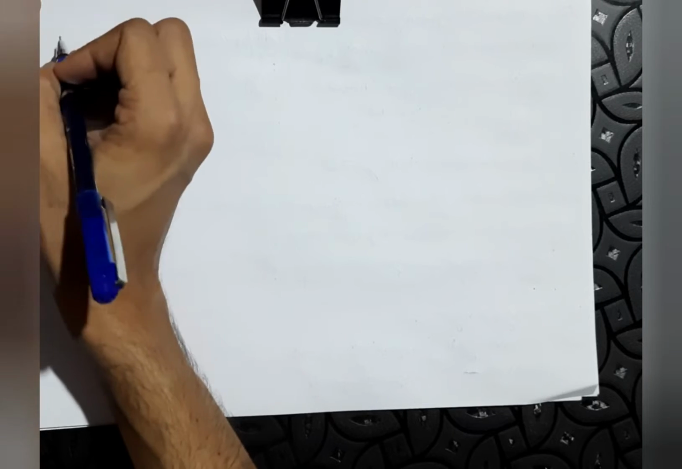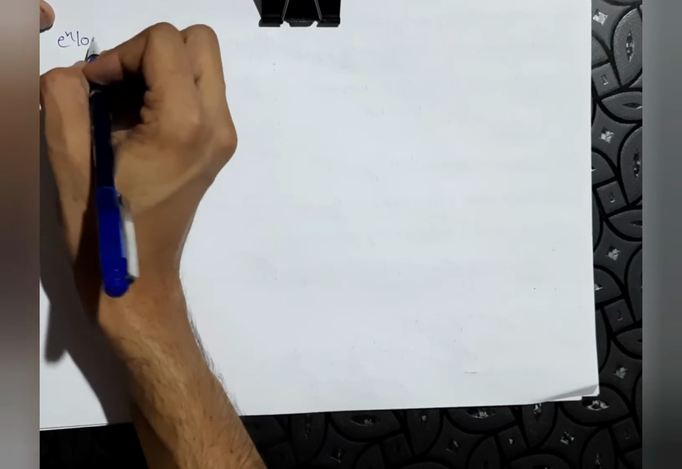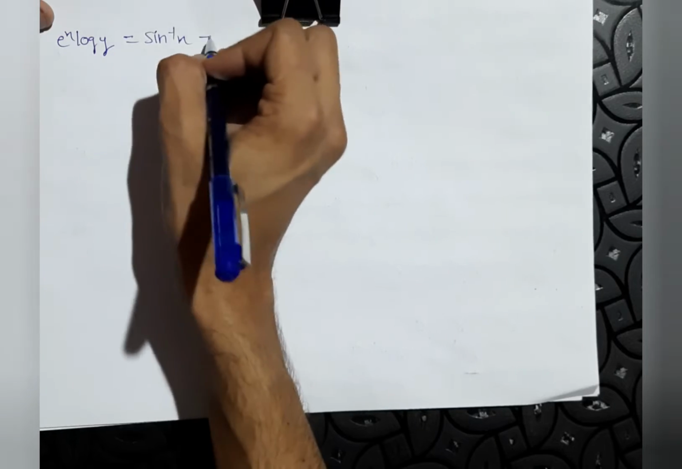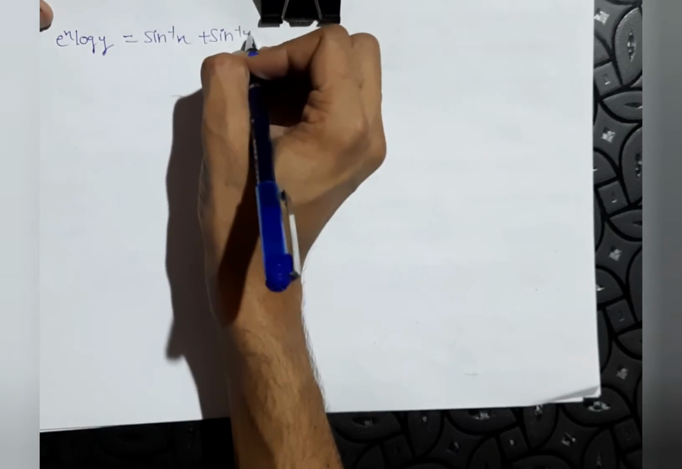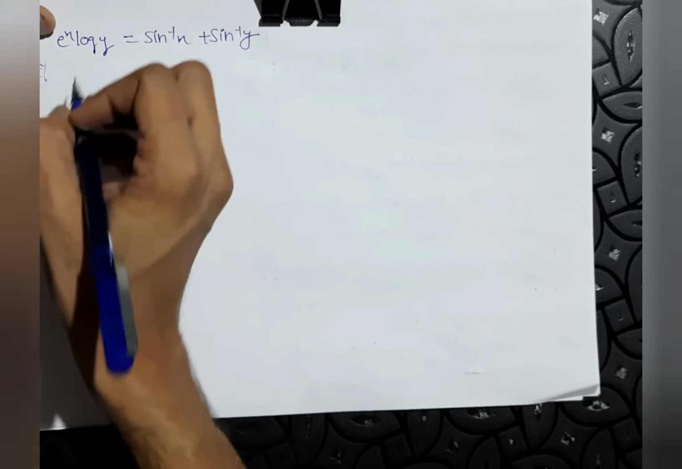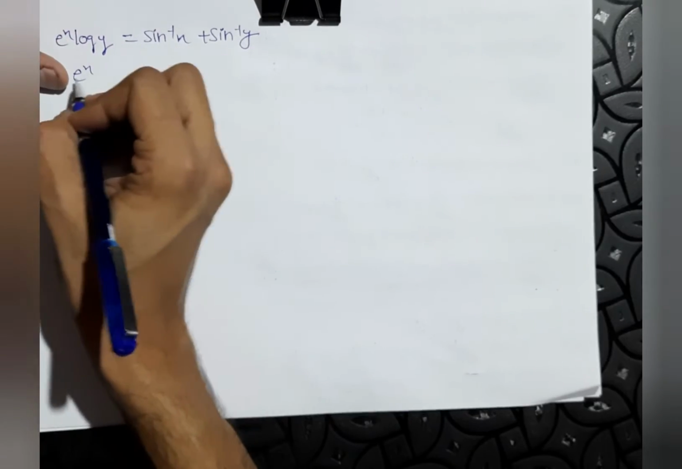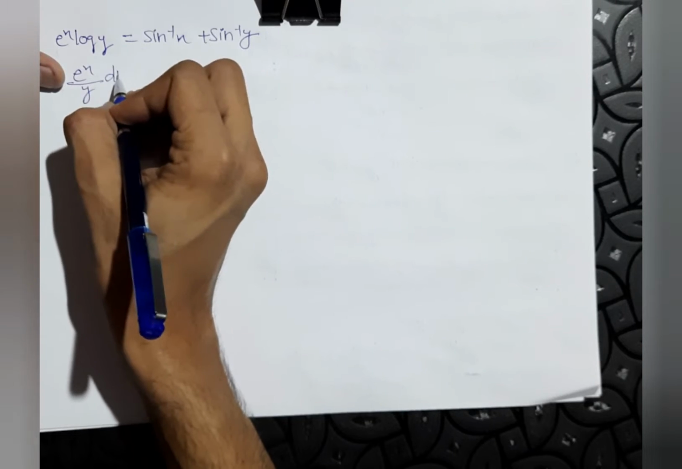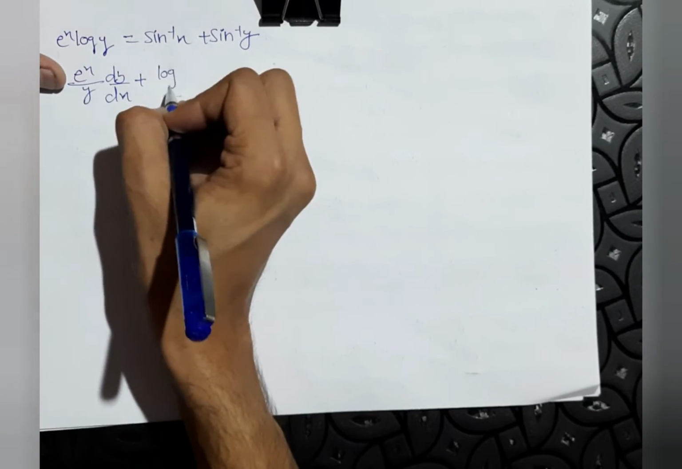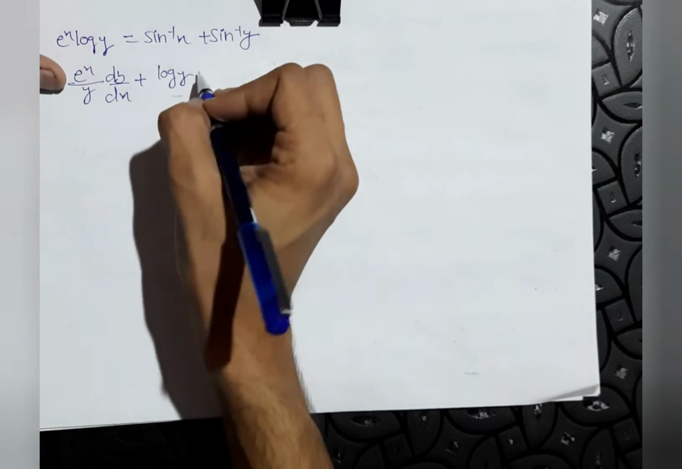So now question number 16 is e raised to power x log y equals sin inverse x plus sin inverse y. So now e raised to power x is same and log y is just 1 over y and dy over dx, and plus now log y is same and the differentiation of e raised to power x is just e raised to power x,